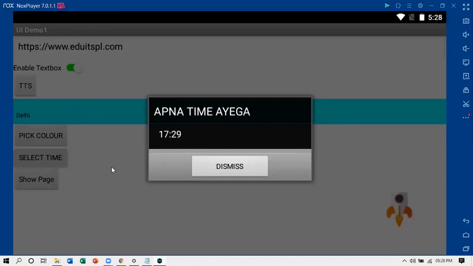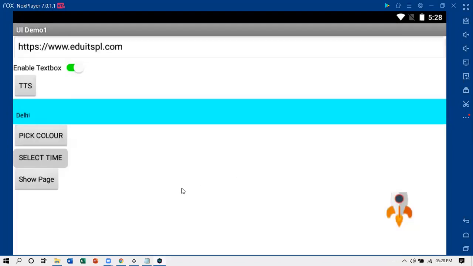Now this pop-up message box is coming because of the notifier component I added as an invisible component. This is displaying the current time. I can dismiss it. Some title is also there. So just to show you how the components are behaving, and how they behave depends on the program you have written. Let's quickly look at the program now.